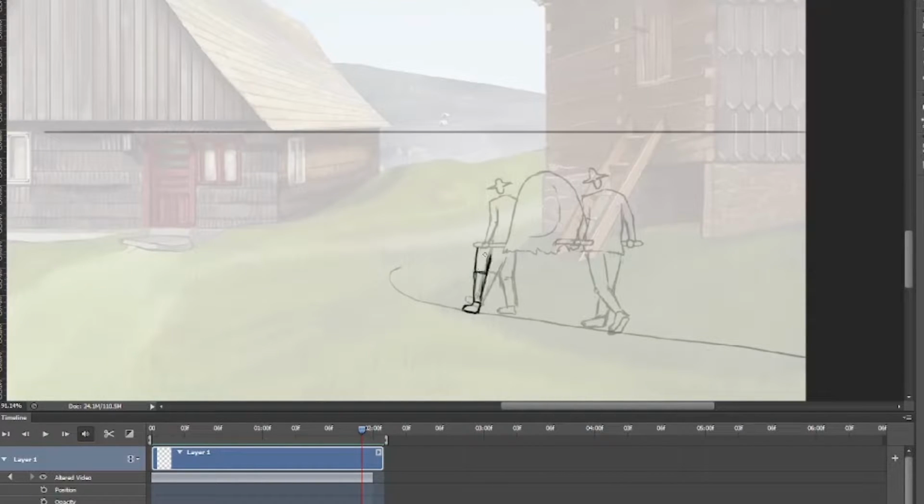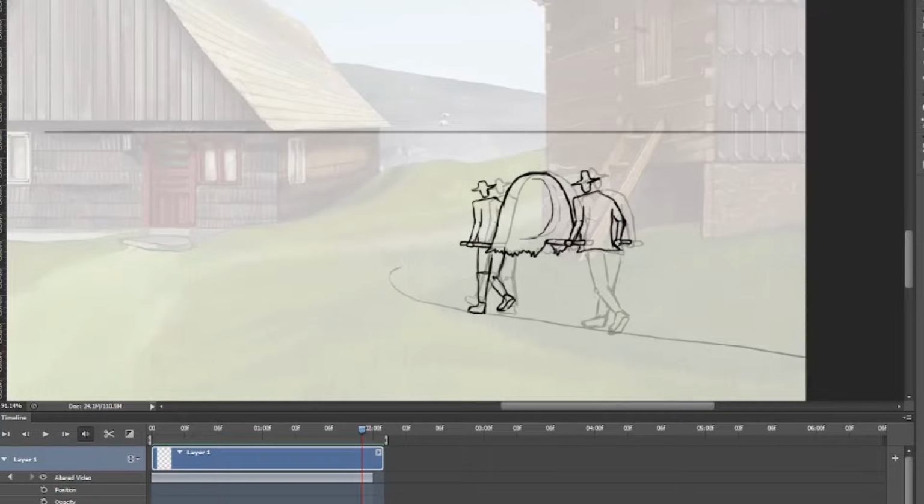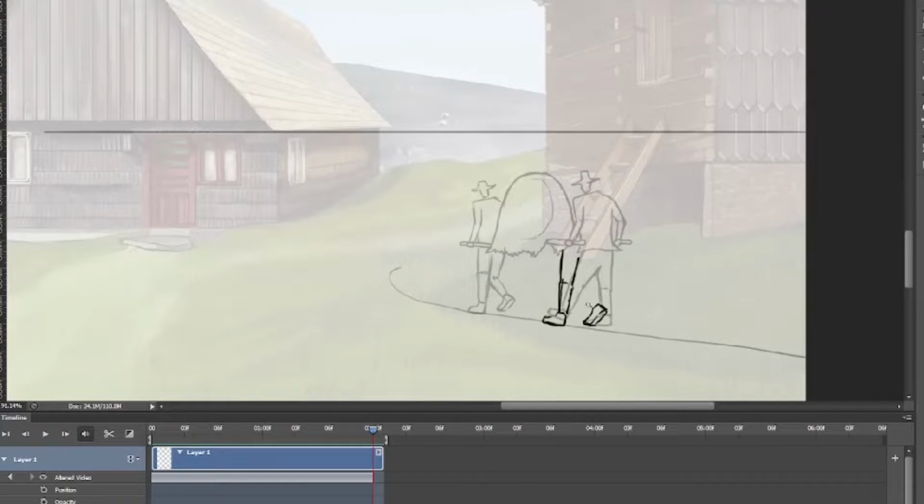So, I started to draw the first frames. Basically, the entire scene is about two people, two men, that are carrying a small haystack. I started with a rough line drawing. At the beginning the line is pretty insecure, but after a while, when I practiced on several frames, I got to know the characters better and better and the way they are going to move. I was using the so-called onion skins to help me follow the previous drawings.